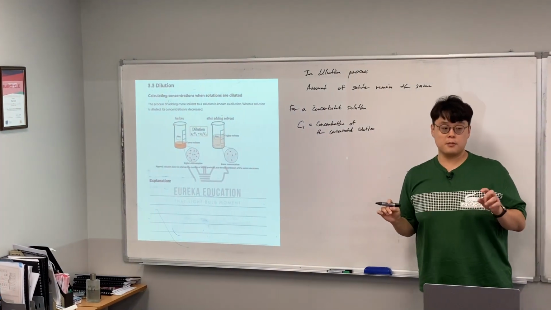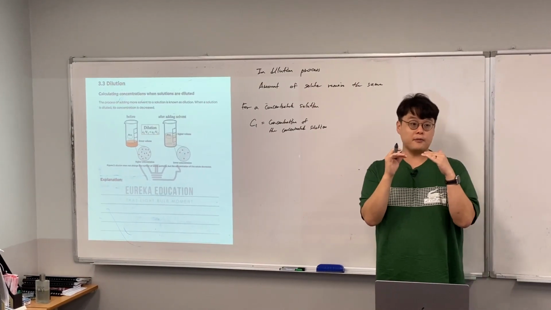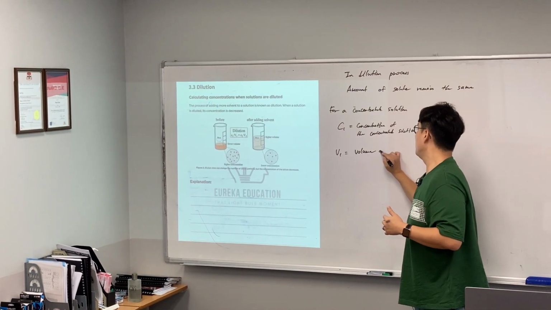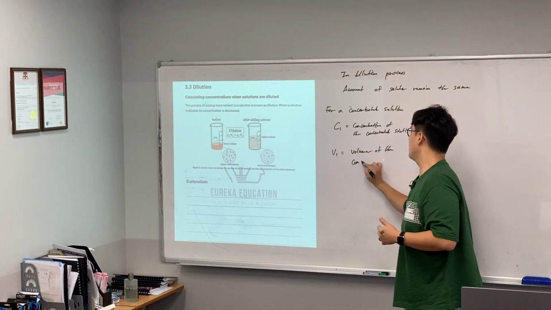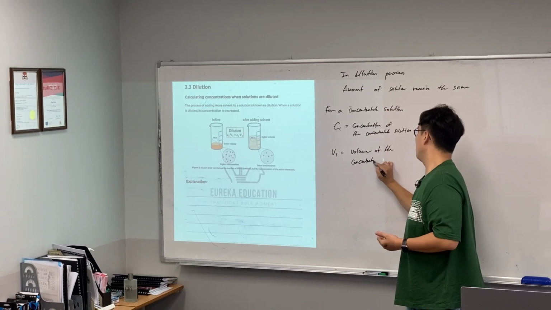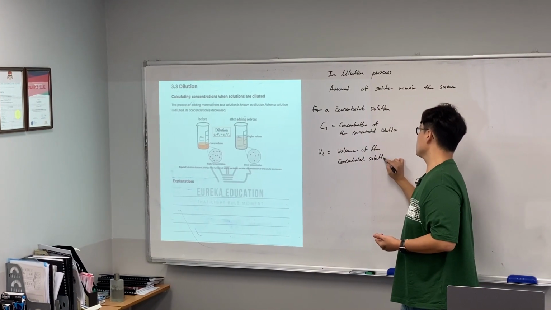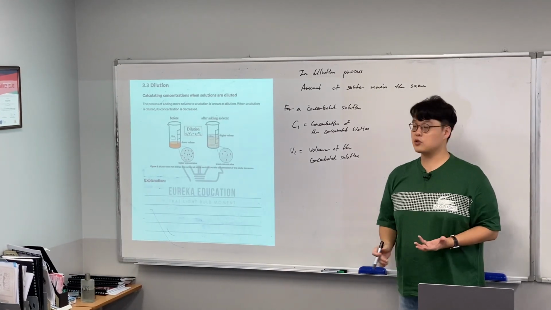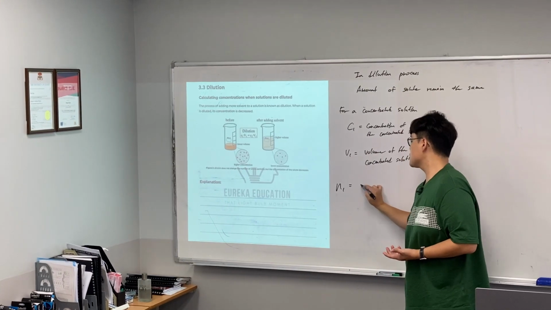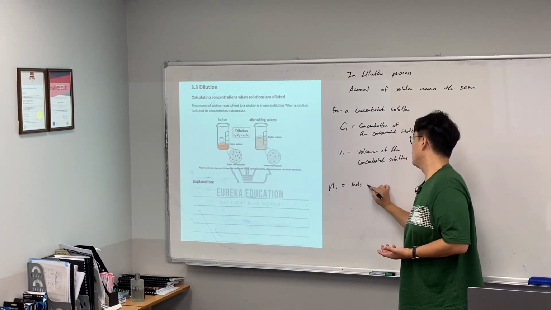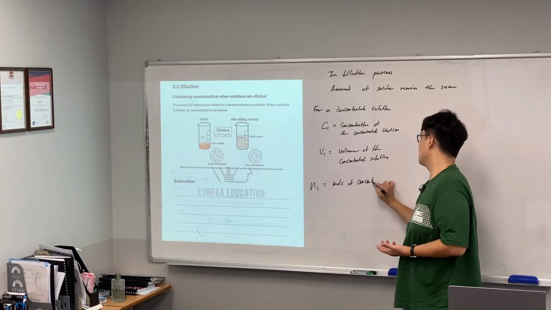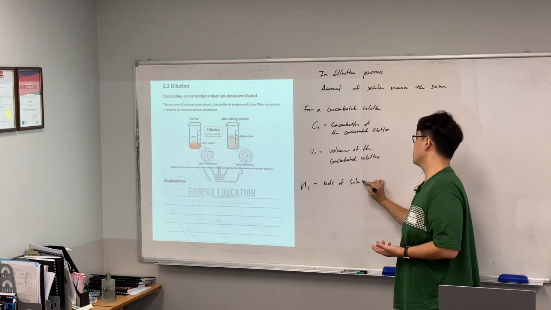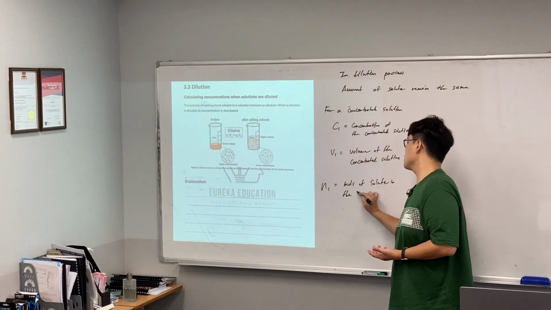So that is basically, I had two tablets in the half-filled bottle. Volume 1 is the volume of that concentrated solution as well. So simply, if I ask you to find the number of moles of that concentrated solution, the N1, which is the number of moles of the solute in that concentrated solution,